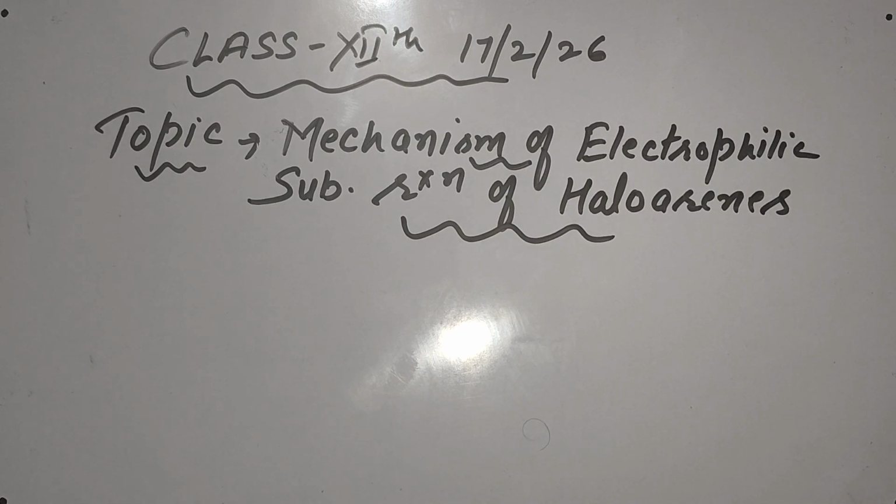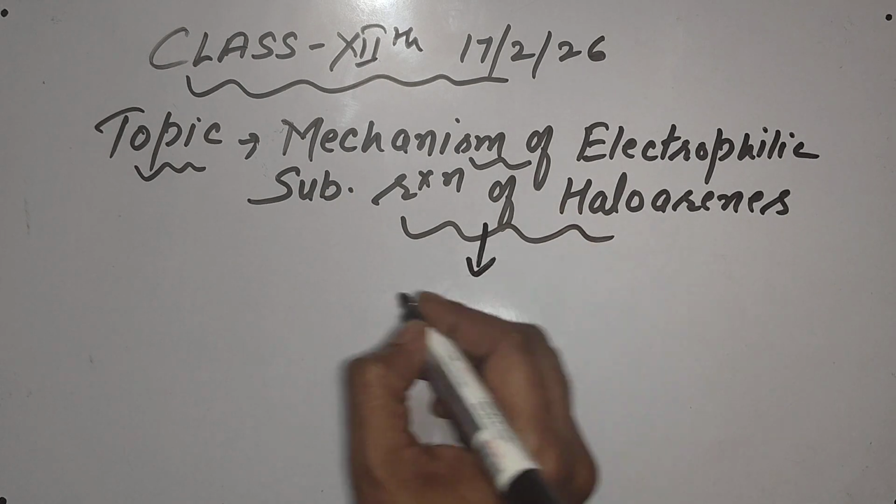Hello everyone, class 12th topic is mechanism of electrophilic substitution reactions of haloarene. In previous video we have understood haloarenes are able to show electrophilic substitution reactions. Their ortho and para hydrogens are getting substituted by stronger electrophiles. Now let's understand mechanism. Mechanism is